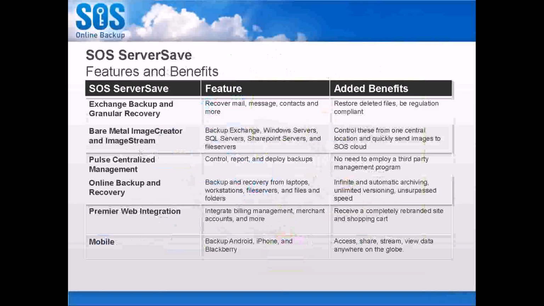So with the SOS ServerSave program, what are you getting in this? And we have this grid here. We have Exchange backup and granular recovery. So again, a quick way to search through all your mailboxes, individual mailboxes, whatever you want to do, by keyword, subject line, sender, attachments, etc. Then you can export that to a PST. So you also have digital discovery capability in here for your Exchange server, which comes in handy when people are looking at,